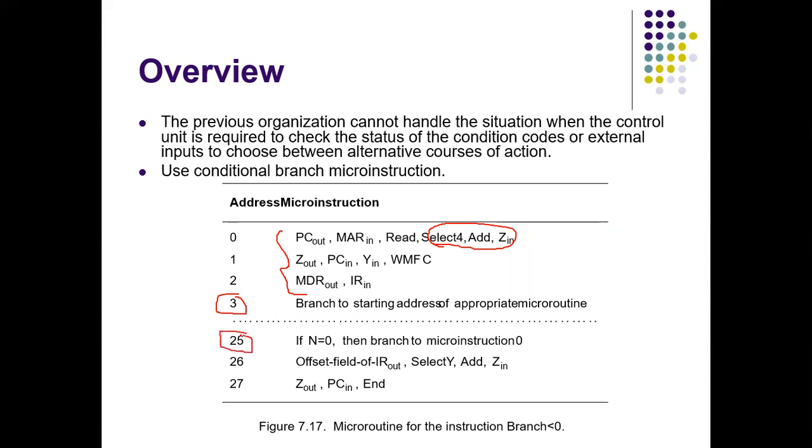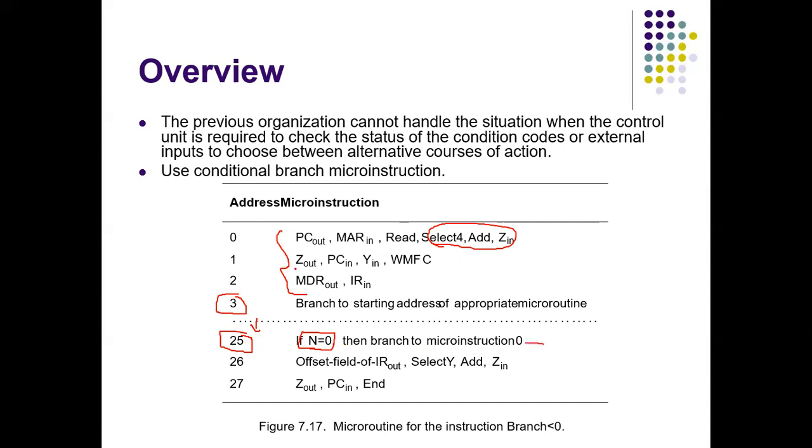The 25th is a conditional branch. After performing some operations, maybe addition, subtraction or multiplication, before the 25th step, at the 25th step we are checking whether N is equal to 0 or not. N is the negative flag. We are checking whether the negative flag is set or not. If it is 0, that is, if it is not set, then branch to micro